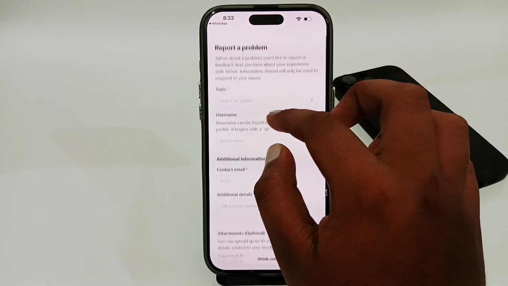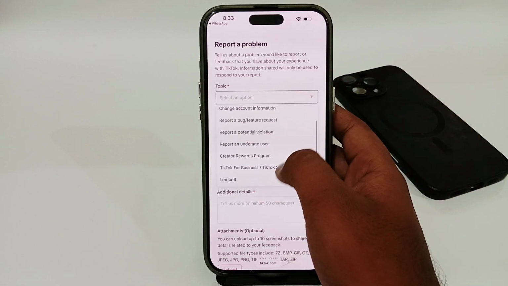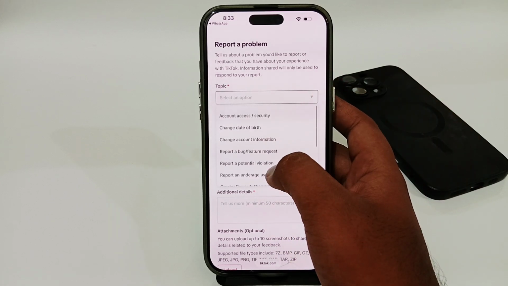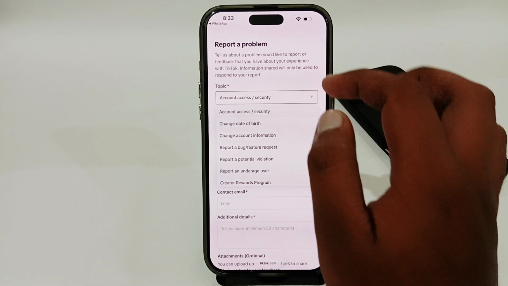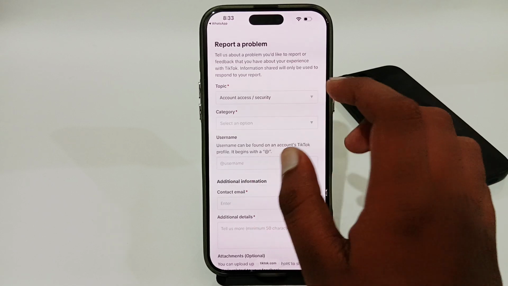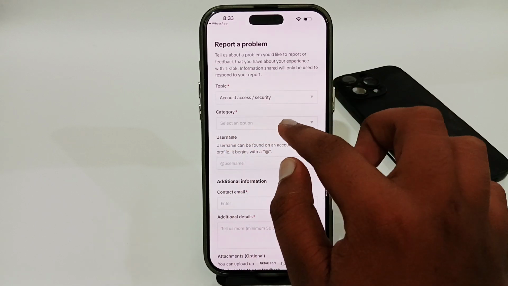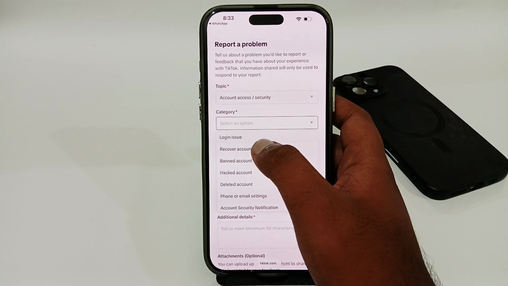Here you just have to select the topic. So here you have to select account suspension, so you have to look for it, or from here you can easily select account access or security. Once you have selected, you have to select the category, and from here you have to select recover account,